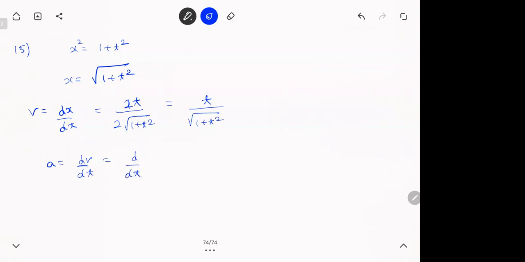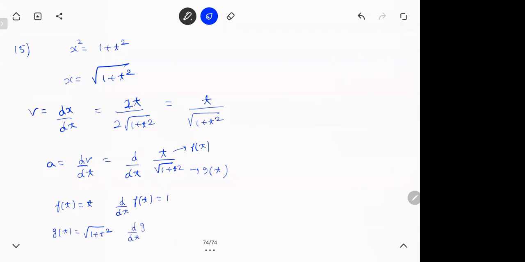Then acceleration is dv by dt. That is differential of t by root 1 plus t square. This is f of t. This is g of t. You have to use f of x by g of x formula. So f of t is t. Differential of f of t is 1. G of t is root 1 plus t square. Differential of g of t will be